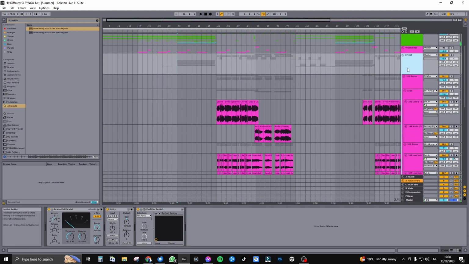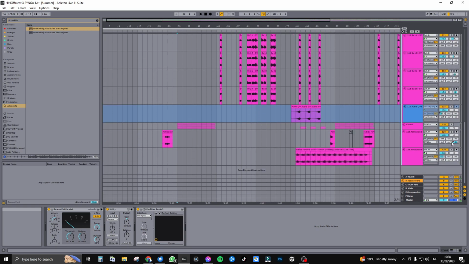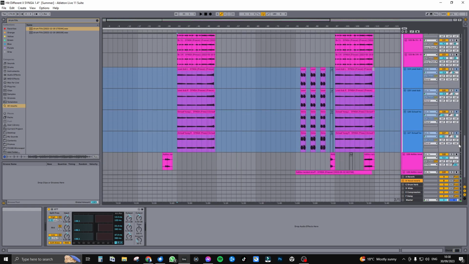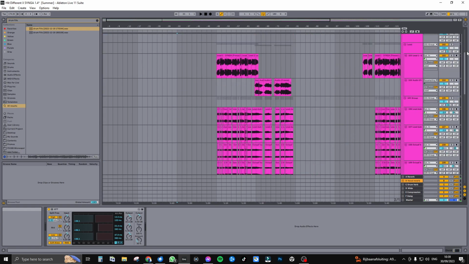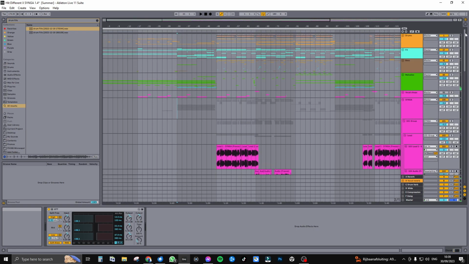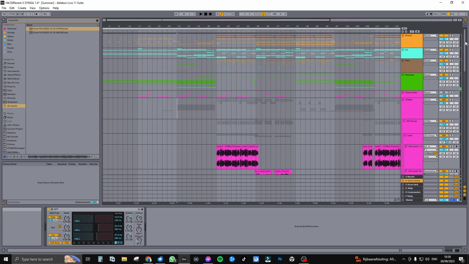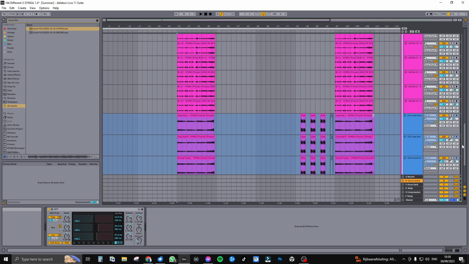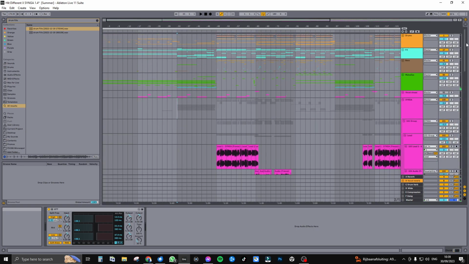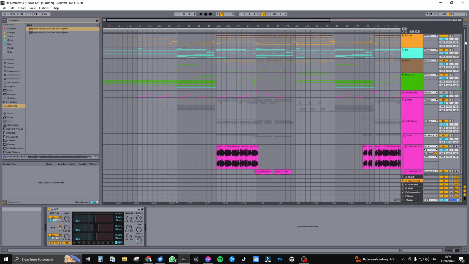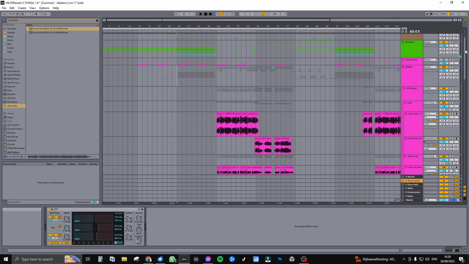So this is her group. She sent me all of these stems, all these different layers, which can be quite intimidating. But luckily I've worked with quite a few vocals, so it's not too bad. I do know when I open a project sometimes and I see there's like 60 vocal stems or something, I'm like, oh man, this is going to take ages. But it's just about taking your time, doing every stem the proper way, tune it, make sure it's nice, put it in time with everything else,